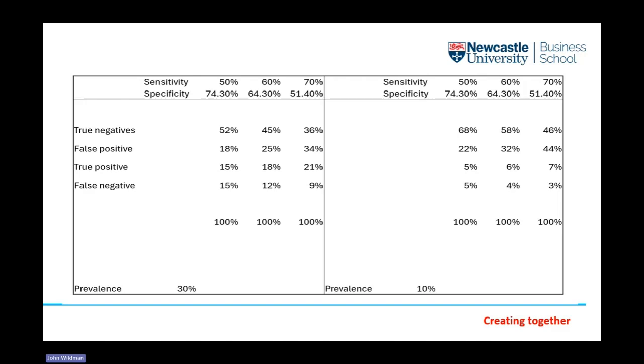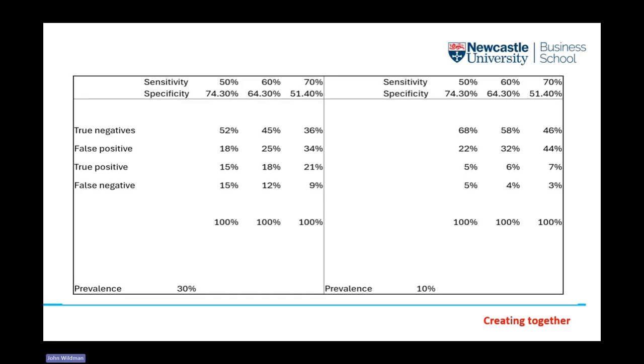That means 18% of people with the condition will be identified correctly as having the condition, and now they can receive treatment. But it also means that 12 individuals are false negatives. They have the condition, but they have got the wrong result. So our binary classification has said they're negative when they are in fact positive. Now, if this is a serious condition, we may think, well, we really don't want that. We want more people who have the condition identified as having the condition. And to do that, we would increase sensitivity.